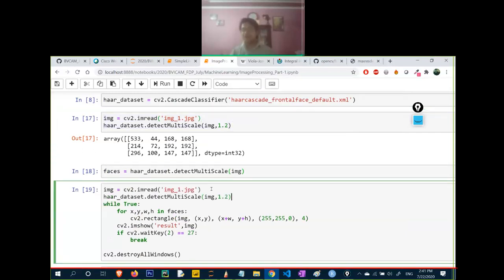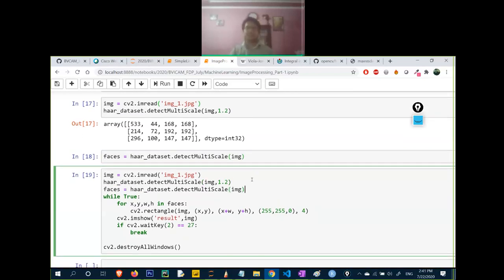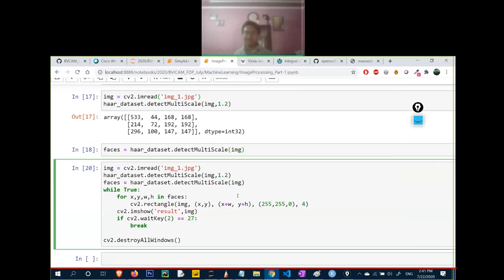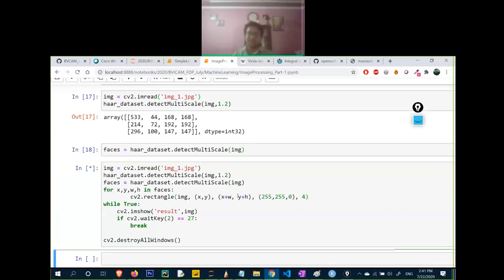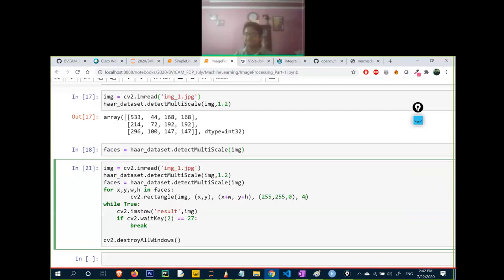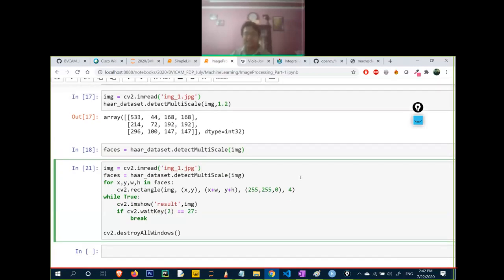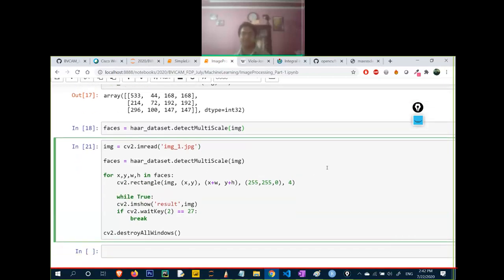Let's put this whole code in a single cell. Then we'll be able to get the answers correctly. Still showing 5 rectangles. Let's do one thing. I have written this line 2 times, so let me delete it. So first the image, then faces, then this loop, then this.